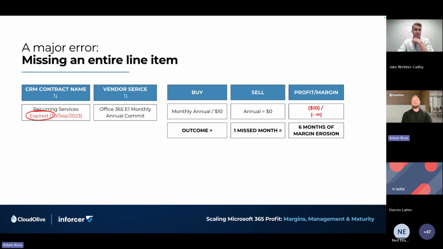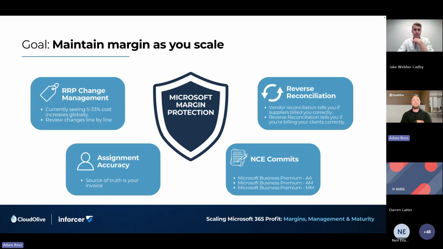So imagine if that was running for a year, which we've seen. I shouldn't laugh, but we've seen one that ran on for over 9 years. And the MSP eventually found it, right? But if the customer finds it after a year and you have to pay it back, which you likely will, it's just a big hit to the margin that you're now no longer making on something that's already a little bit tricky to manage.